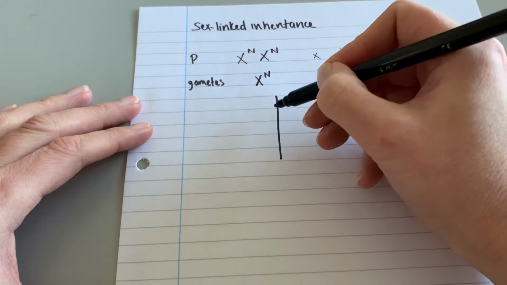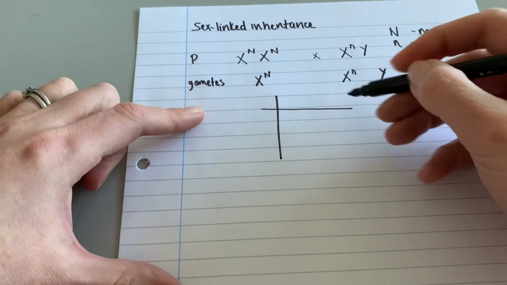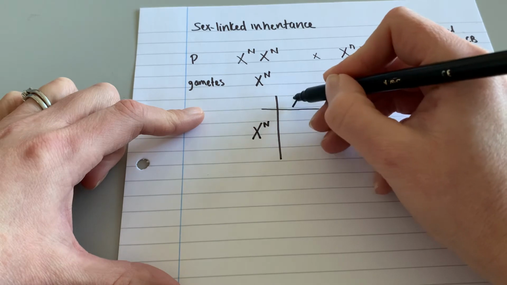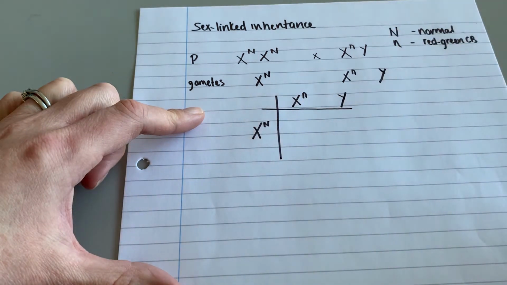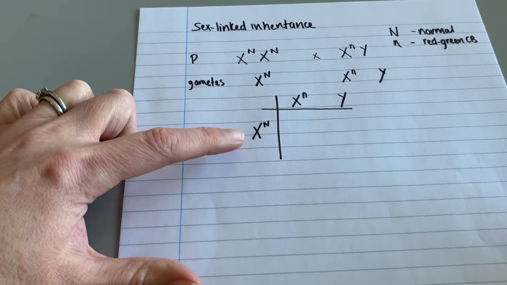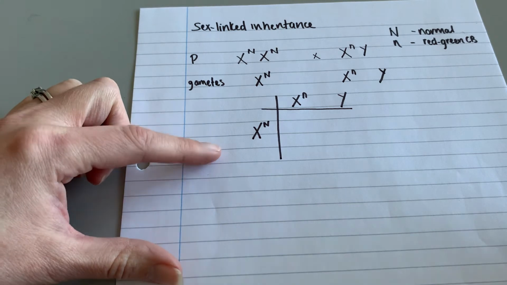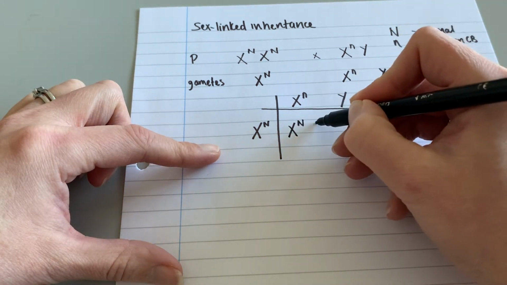We can do our Punnett square to work out what they are going to be. So my female gametes are all going to be X big N, and half of my male gametes are going to be X small n, and the other half are going to be Y. Now I haven't bothered putting another X and a big N down here because it's going to just give me a repeat line. So this one shows that all of my females are going to be X big N, X